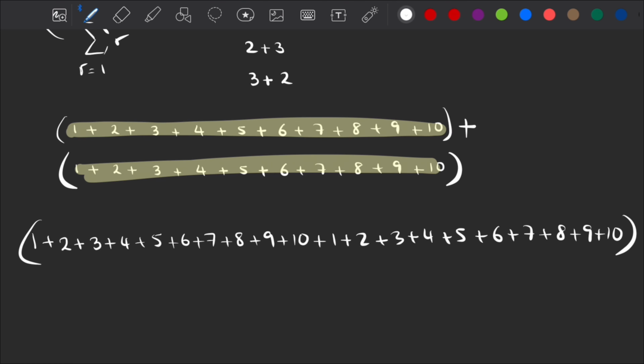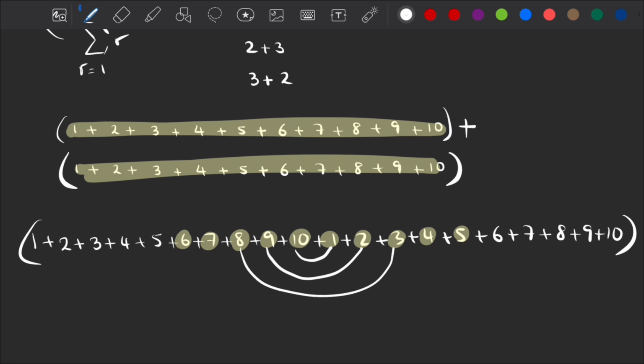So this is the sum we are trying to evaluate, and whatever the answer is, I'll divide it by 2 in order to find the sum of numbers from 1 to 10. The reason why I've doubled it will make sense when I explain the method Gauss came up with. So he noticed that pairs of numbers, so here 10 plus 1 equals 11, 9 plus 2 equals 11, 8 plus 3 also equals 11, 7 plus 4 equals 11, 6 plus 5, and so on equals 11. So we've got here 10 pairs of numbers